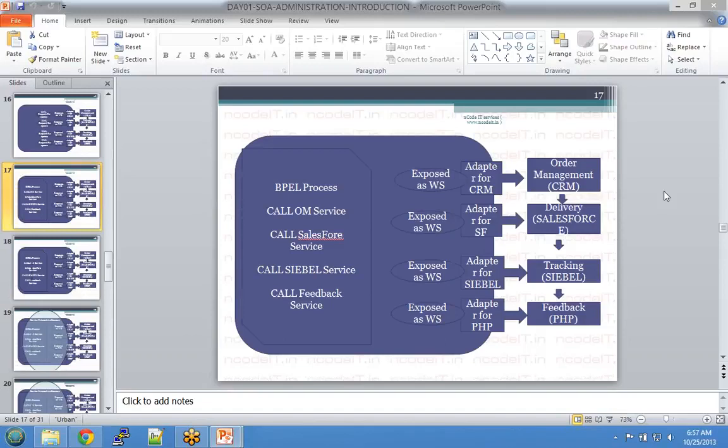Now with Oracle SOA, and not just Oracle SOA, any SOA, let's look at the SOA way of doing the same thing. What we looked at is the traditional way of integrating softwares with one another. Order management integrated with Salesforce, which is integrated with Siebel, which is integrated with PHP. But the moment you implemented SOA,